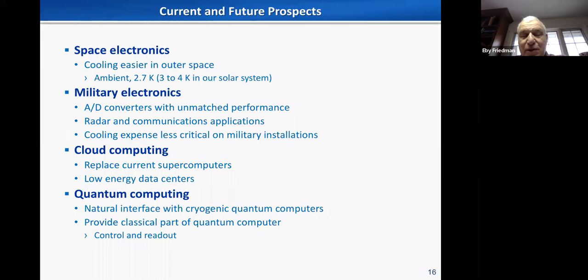Cold quantum computing, which is operating at millikelvin temperatures. And so SFQ is a natural interface with these millivolt signals required by the qubits. And so you see a lot of work now in control and readout of quantum computers. And so these are the applications. And it's kind of diverged into, I mean, space and military have been around and are not going anywhere, but cloud computing and quantum computing are the two primary new application spaces that people are working